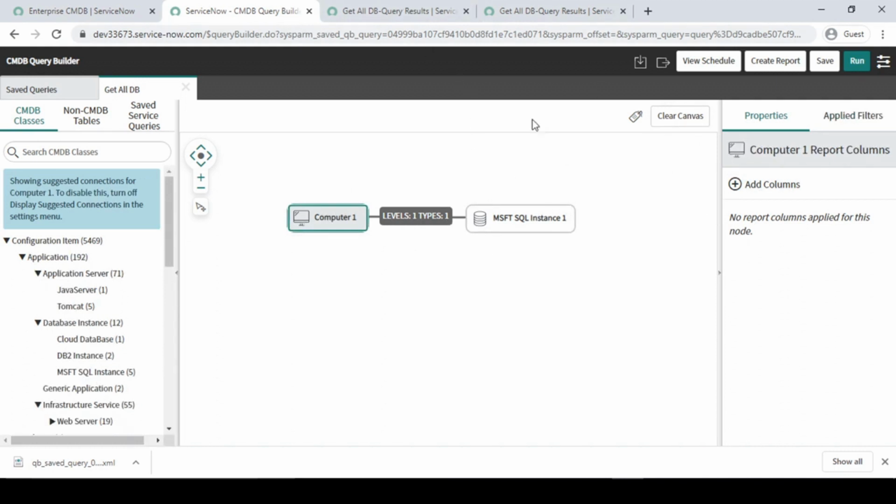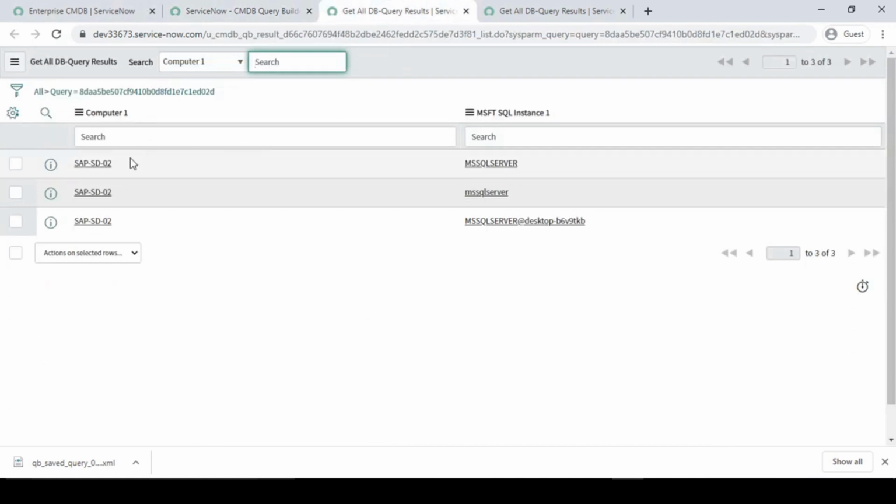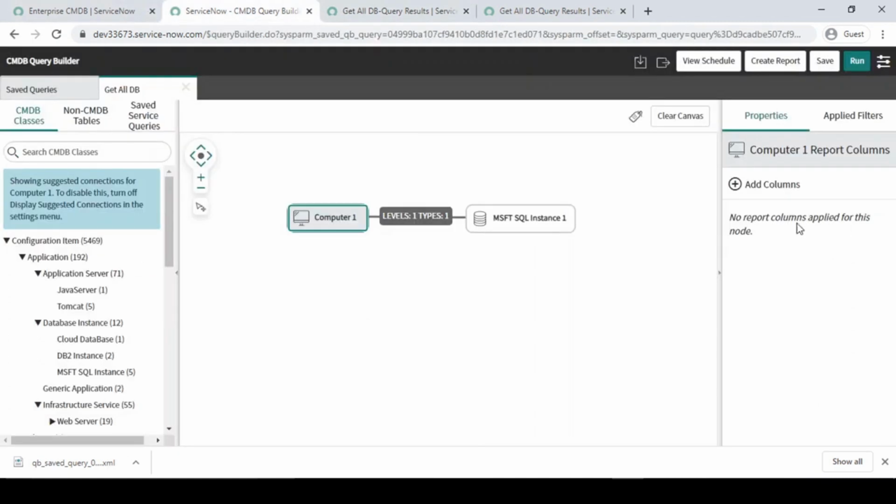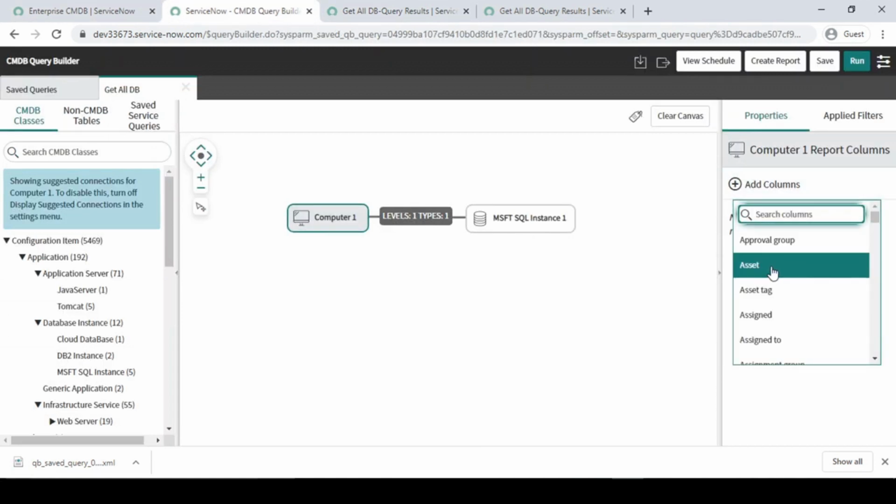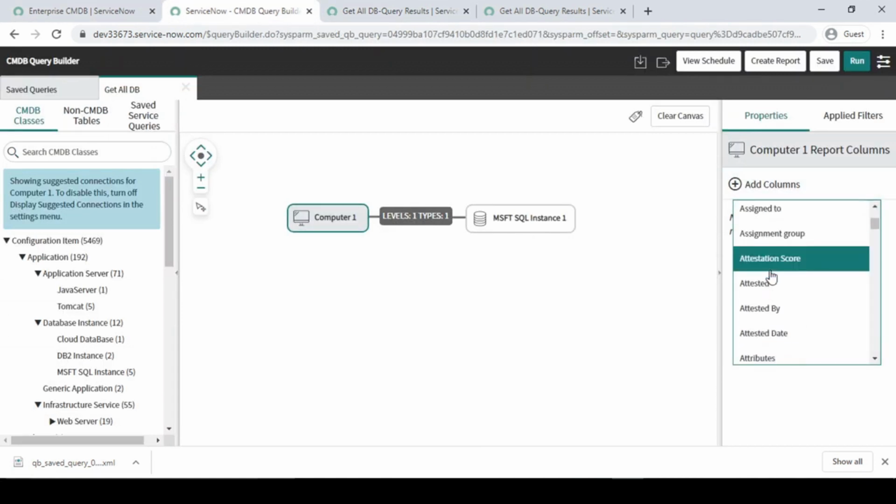So if we want to add more columns, if we are running this report right now, it is giving me only 2 or 3 columns. So if I want to add some column, we can add it from here. So like, what we can add,